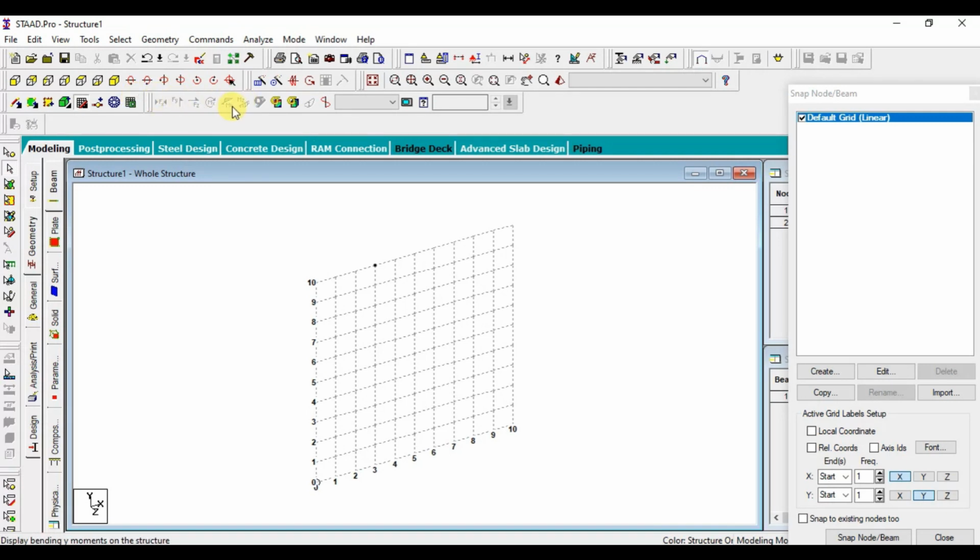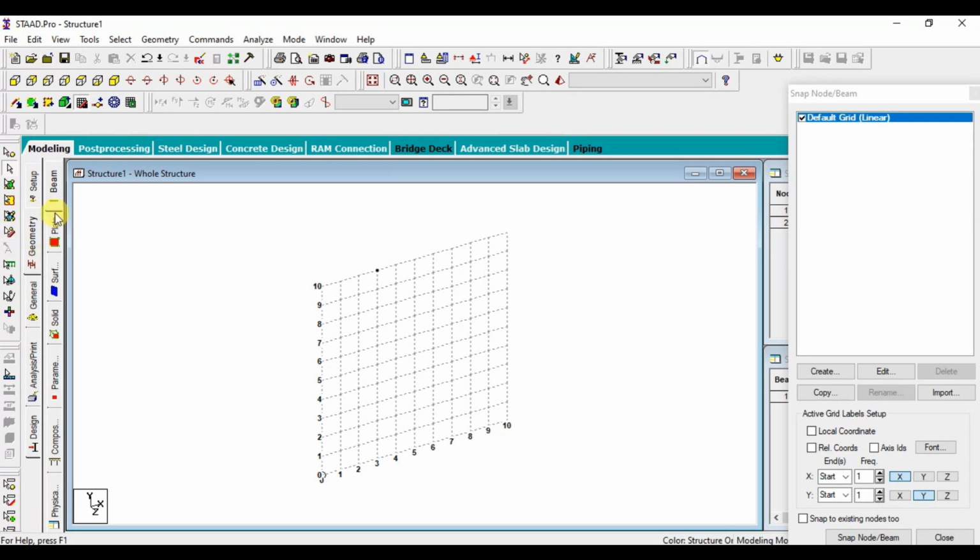And these will all be visible when you are done with your analysis. So this is axial force, and shear force in other directions, and torsion, bending moment, bending moment, and this is beam stress, and this one is plate stress, solid stress, and deflection, and this is mode shape. So I hope you are familiar with the toolbar on the top. Next, let's move to the left side of the toolbar.